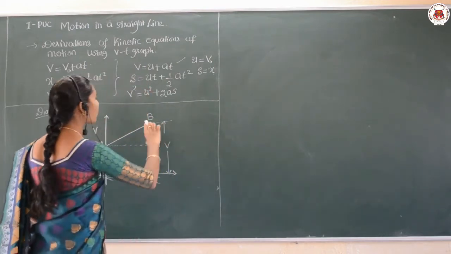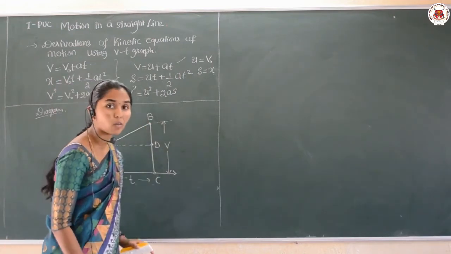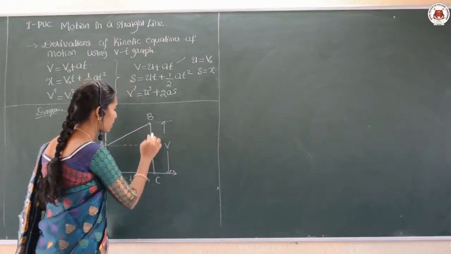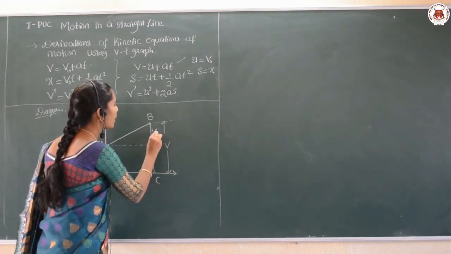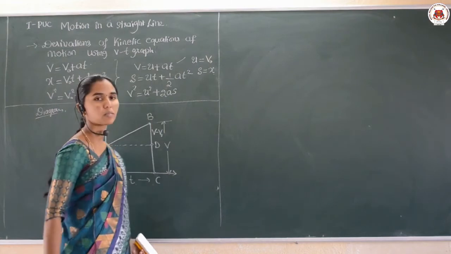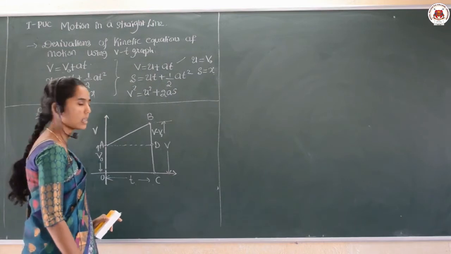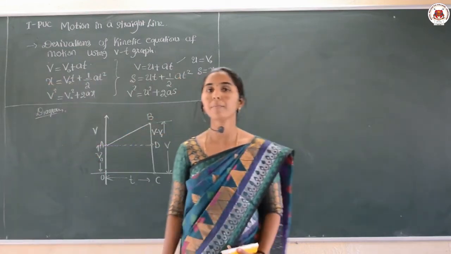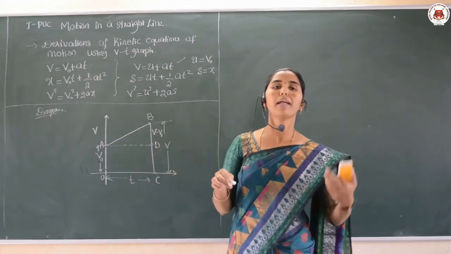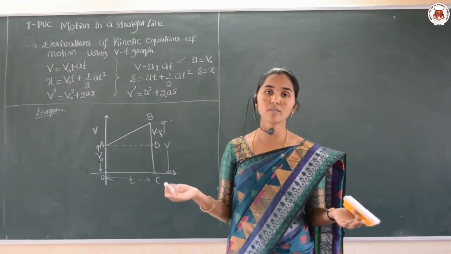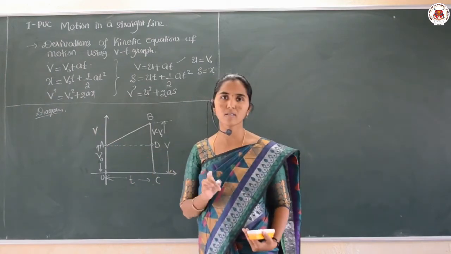Then can you tell me what will be the BD here? You know the BC, you know the CD, then can you write the BD value? Of course, BD is nothing but BC minus CD. Therefore, BD you can write here as V minus V naught. V minus V naught. I hope you understood the diagram, dear students. Yes, this is very important for the 1 mark. And see, whenever you are drawing a diagram related to the nature, that might be a position time graph or the velocity time graph, compulsorily you have to mention the quantities.